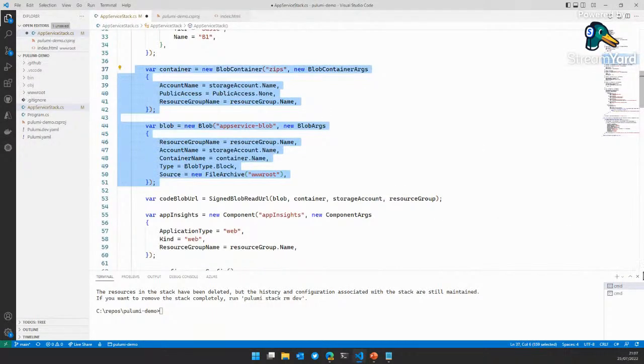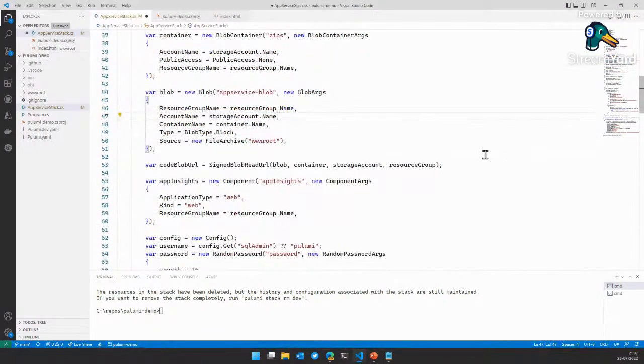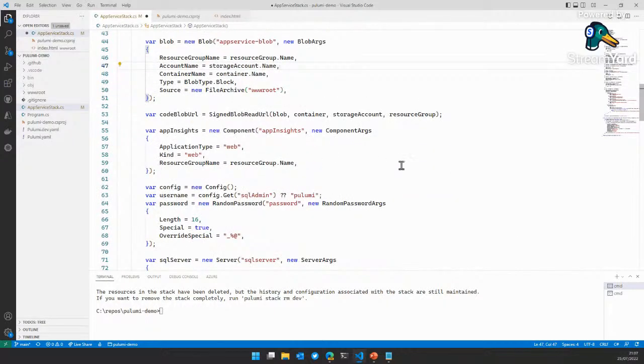So this is a bit of a demo where I don't necessarily recommend you do this in your real code, but we're essentially creating a resource group and we're going to upload a zip file to that in a second. And just to show you how other components fit into this, they're not used in this demo per se, but we're creating an App Insights resource. So this App Insights is where we can see the logs and telemetry from our applications.